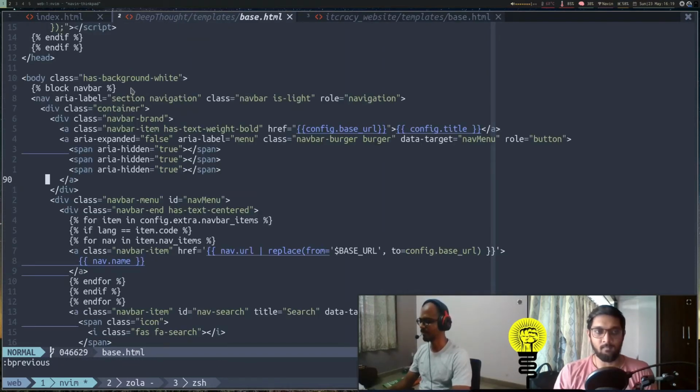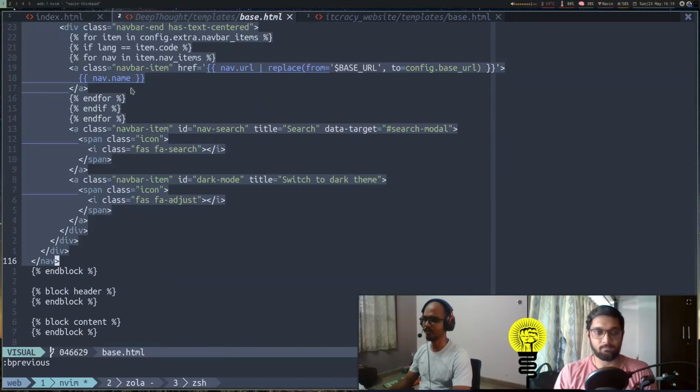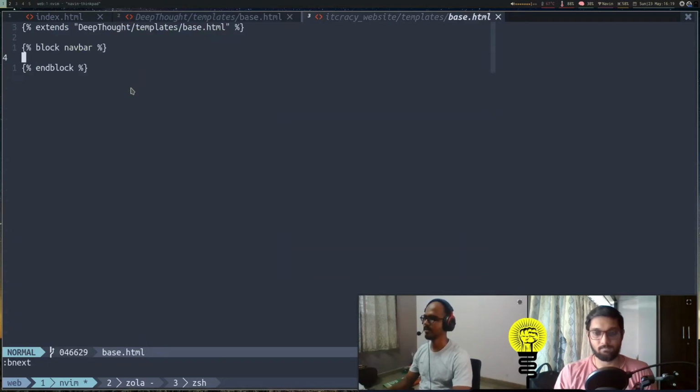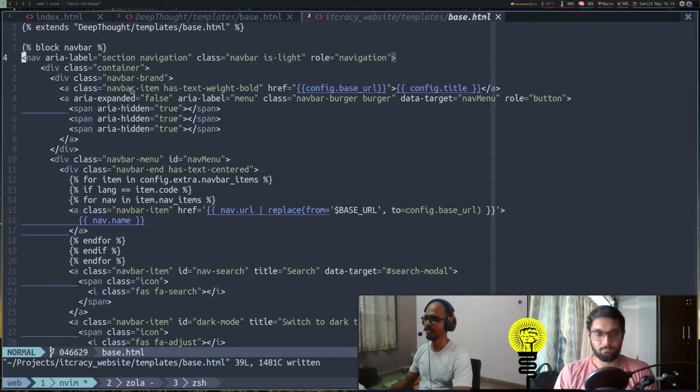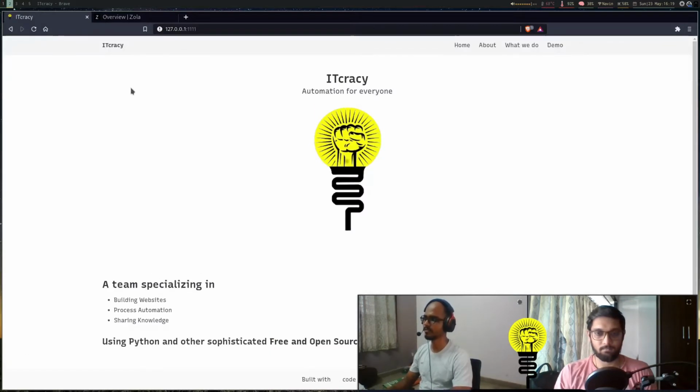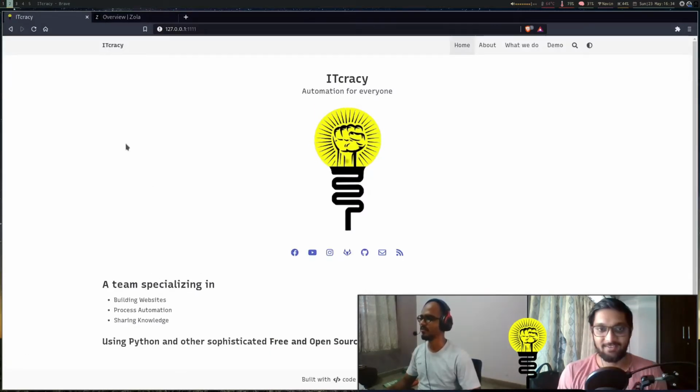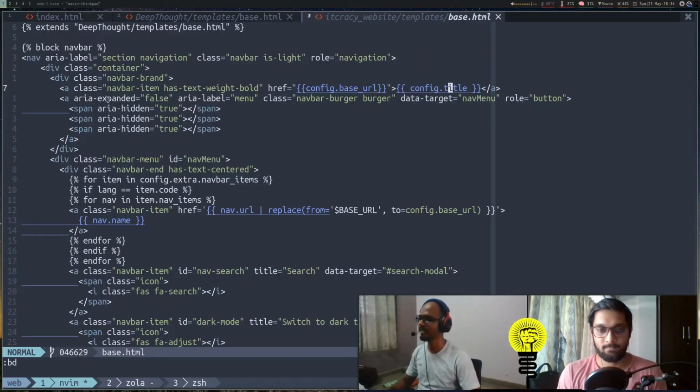So let's copy the nav from here. We'll select the whole nav tag, copy it, go back and paste it here. If I save again, it should come back with no changes because we just copied it. Now we want to add our image here. So we have to change this tag that you see here. It's a link tag, and this tag is showing your title here, and you can see it has an href as something, and these curly braces that you see are Tera's syntax for using variables.